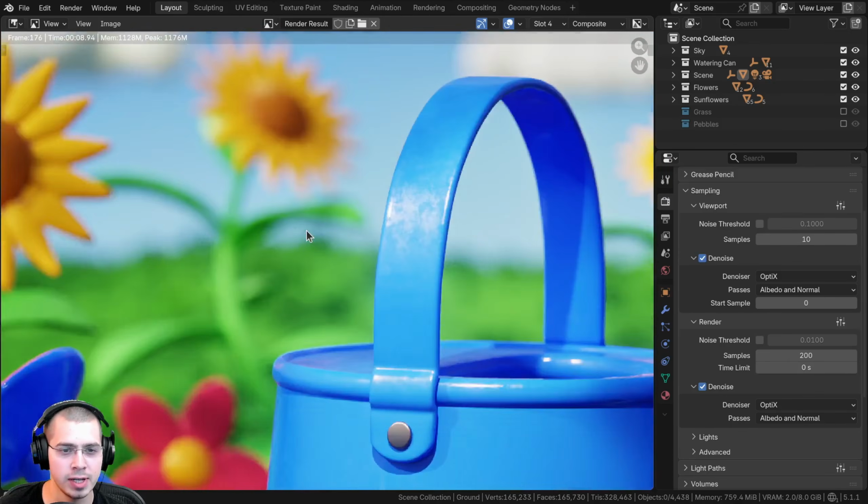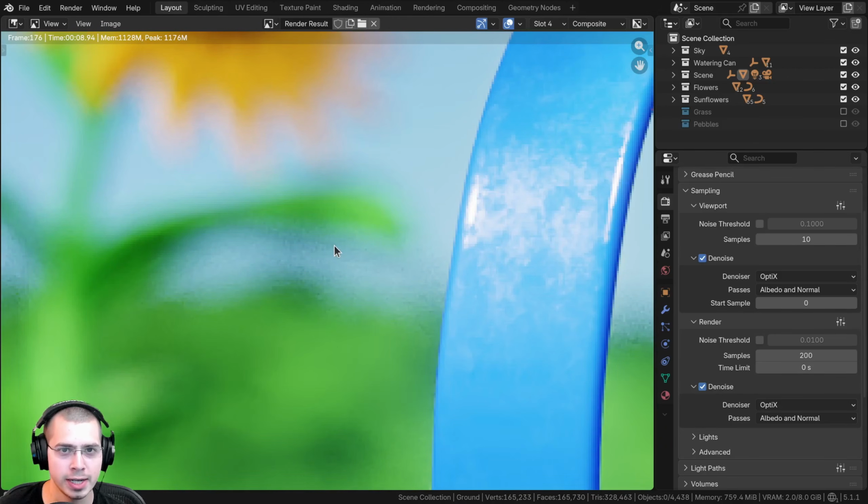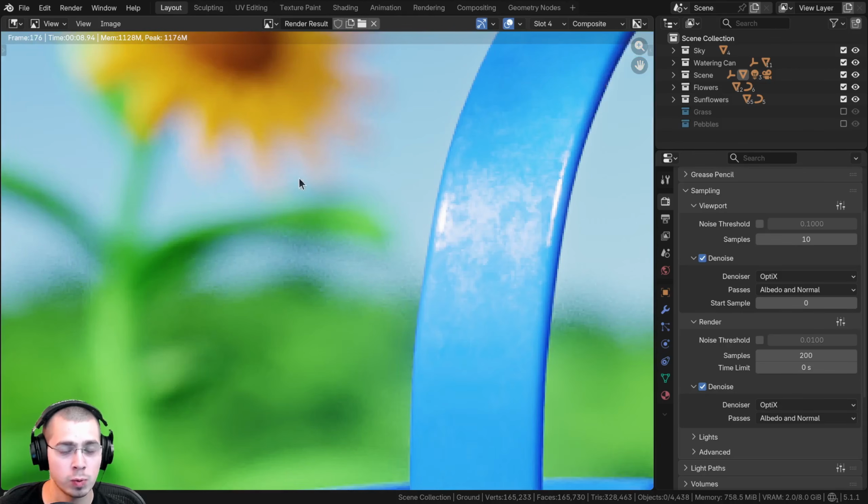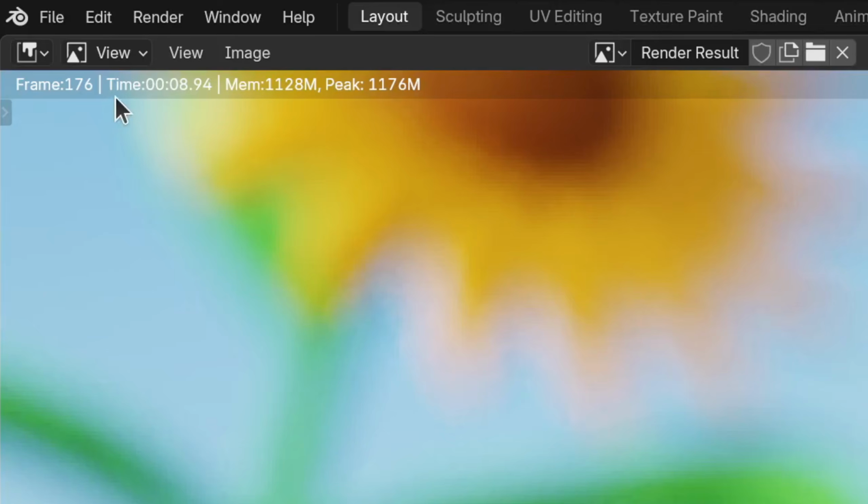All right, so the render is finished. So if I just zoom into kind of a more noisy area, I can switch between 4 and 5. So you can see slot 4 was with 80 samples and slot 5 was with 200 samples. And you can also compare the render time. So you can see on slot 4, the time was 8 seconds. If I change it over to slot 5, you can see slot 5 was 18 seconds because it was a